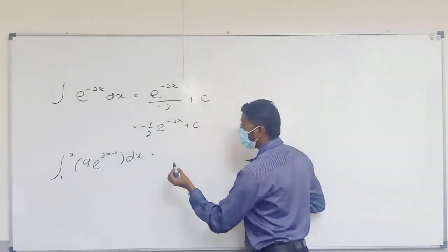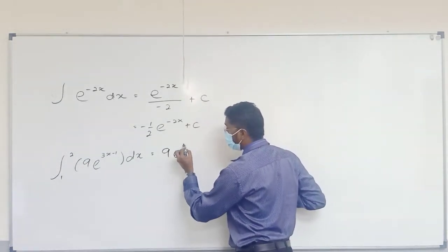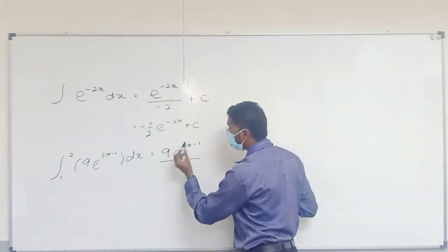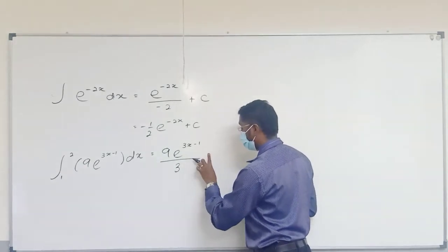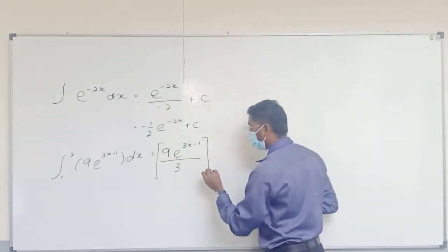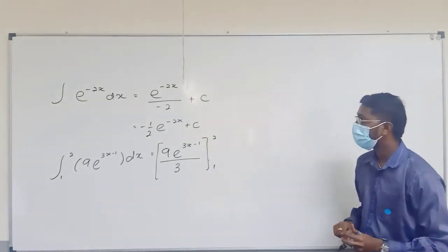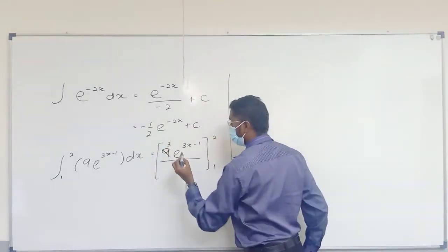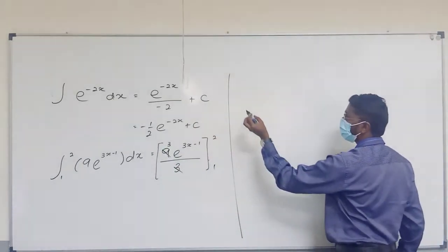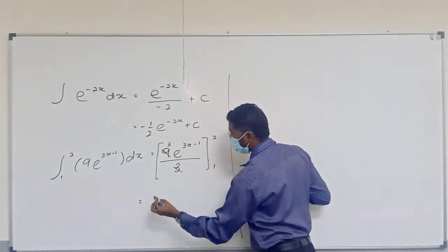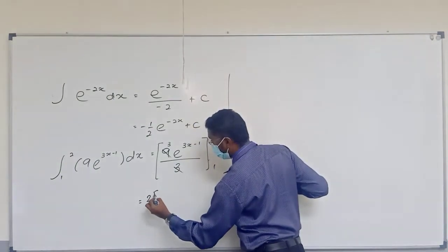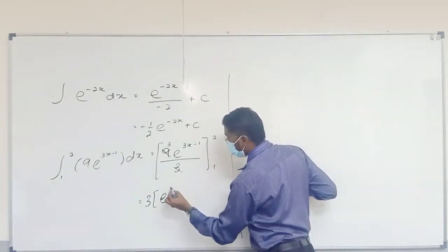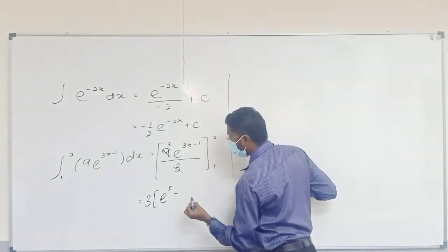The integral of this is going to be 9 e^(3x-1) divided by, if you differentiate this, you will get 3, evaluated from 2 to 1. Then we can cancel this off. I can factorize the 3 outside. So it's going to be e to the power of 3 times 2, 6 minus 1, 5, minus